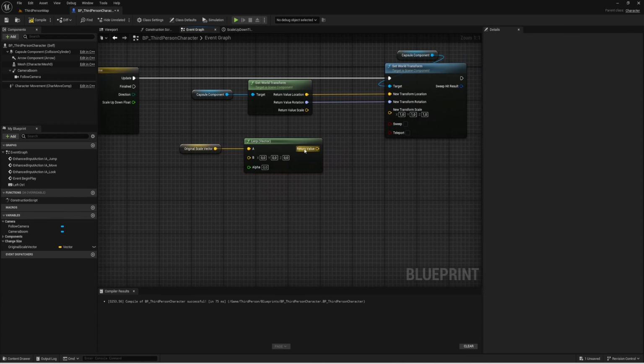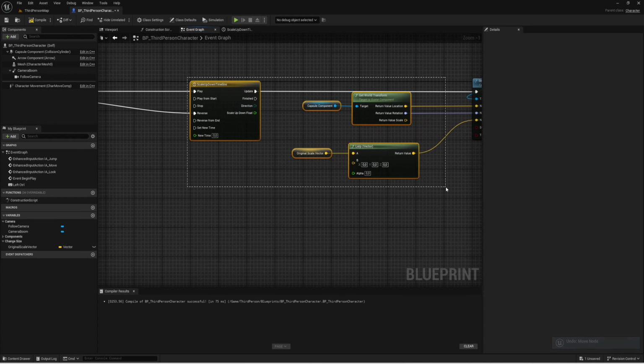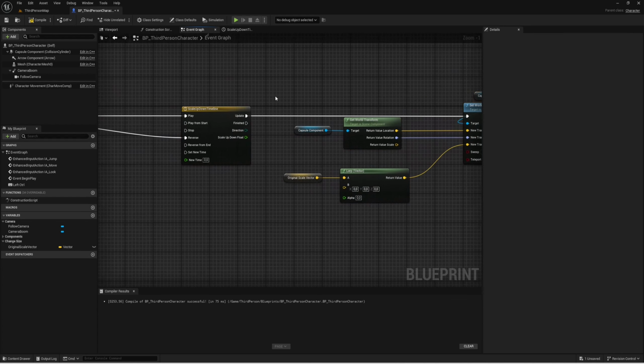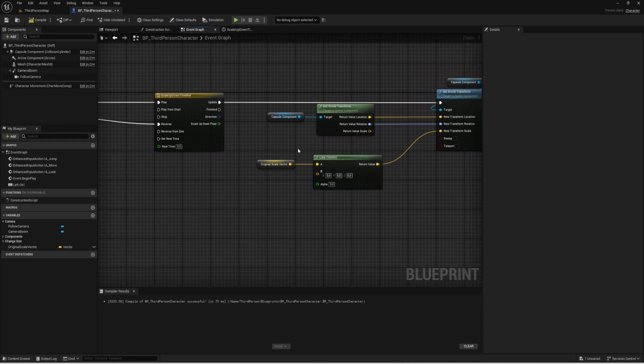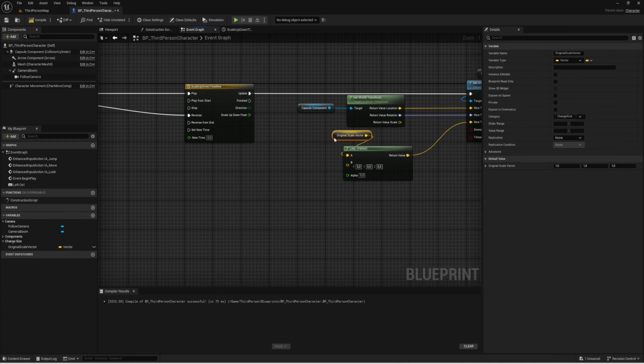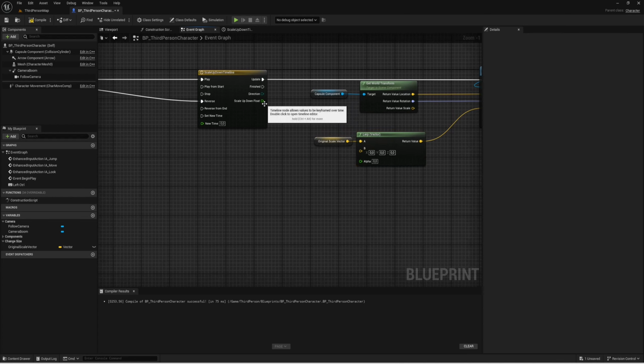The return value goes into the new transform scale, and keep in mind this is going to update. This is going to set the world transform on each update. So every time something changes, it's going to keep doing it. And that's how you're going to get a smooth transition. We want to lerp from our original scale vector of 1, 1, 1 to